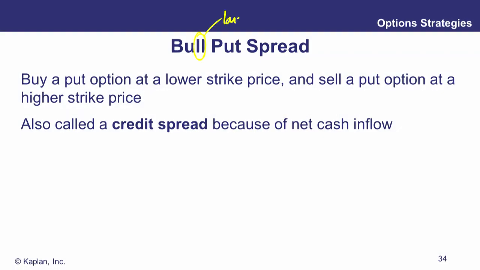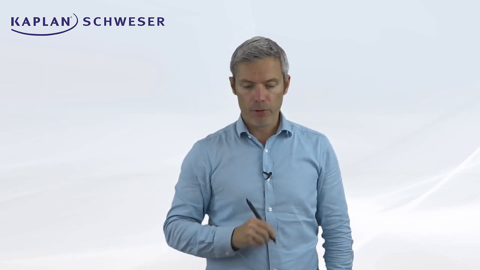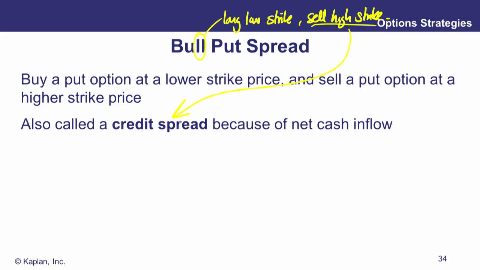The final type of spread is a bull put spread. So a bull put spread, we can use our rule. Bull is long the low strike option. So it's long the low strike, sell the high strike. Okay, bull is long the low, and that's whether it's puts or calls. Now when you go long low strike puts, which aren't very attractive, and you sell high strike puts, which are quite exciting, because selling things high is exciting, what you find is you're going to be generating, you've guessed it,